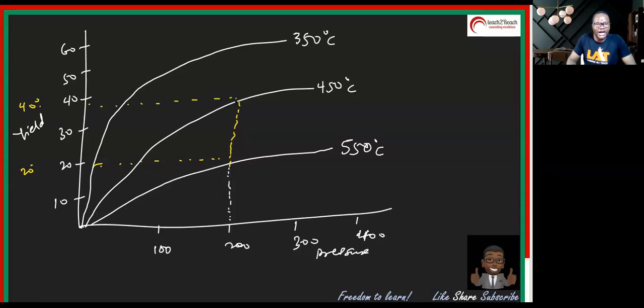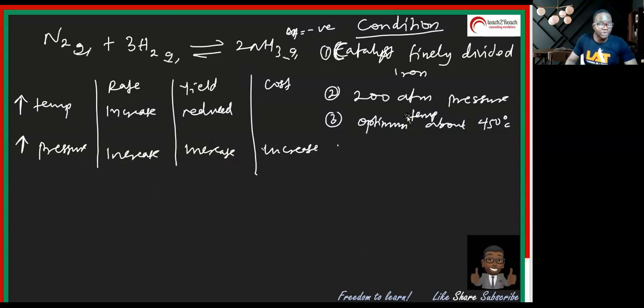But if I maintain that at 350, I'm looking at another yield, but the temperature is lower. That means that my reaction will be a bit slower for me. That means I want to get my ammonia quicker at a reasonable rate, and I want it at a pressure that will not cost me much. So in industry, they arrive at a state of compromise: 200 atmosphere, 450 degrees Celsius as their optimum temperature, and of course